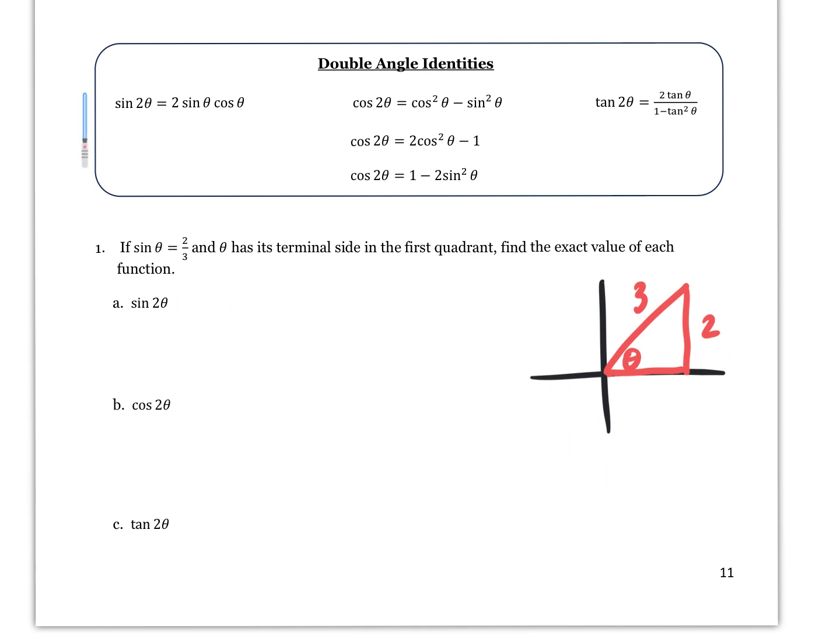So I drew this little triangle. The sine of 2 theta, let's go break this out. Let's apply this formula. Isn't that just going to be 2 sine of theta cosine of theta? I got that from right here. Again, just applying these properties, not memorizing them. From this triangle, can I find what the sine of theta is? Or did we already know what the sine of theta was? That's really what we build our triangle off of. Sine of theta is 2/3. So this thing I'm going to replace with 2/3. So I've got 2 times 2/3